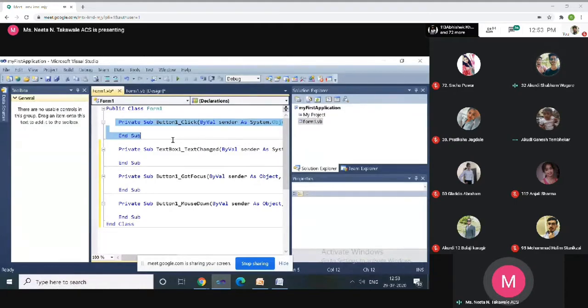Same here, for each and every control there are functions. Here Button1_Click is the event generated for that control, and when the user clicks on that button, what should happen?